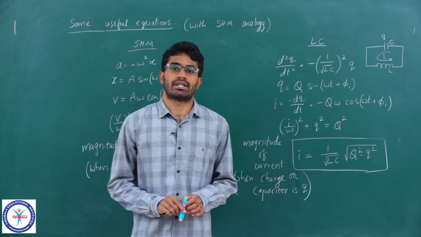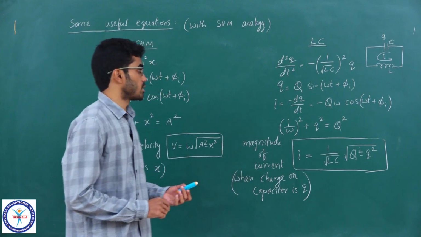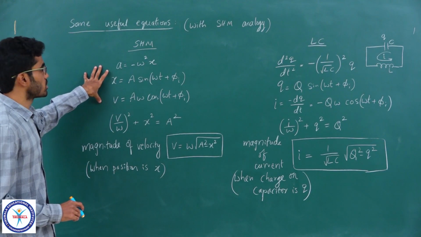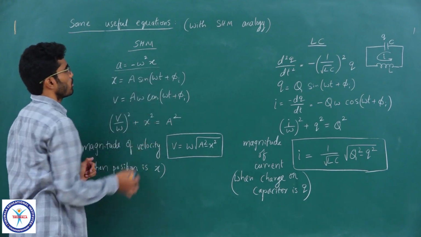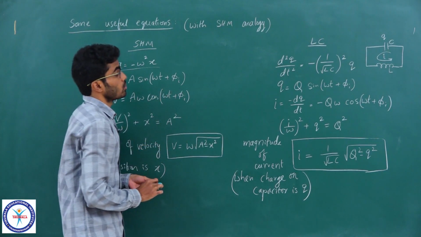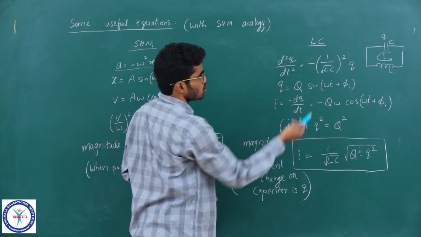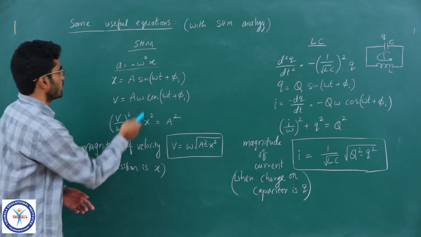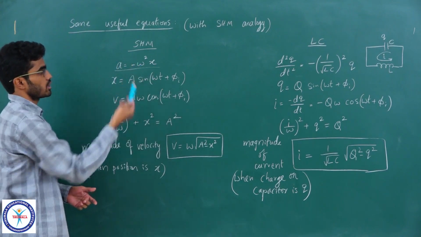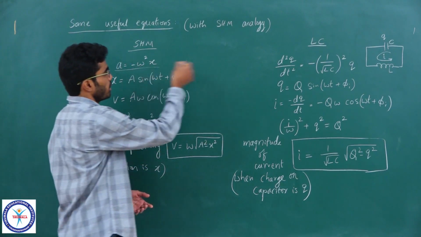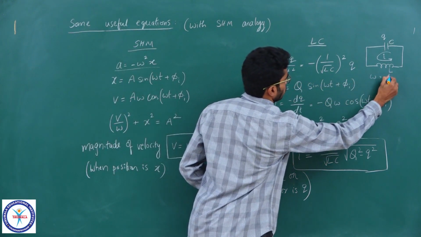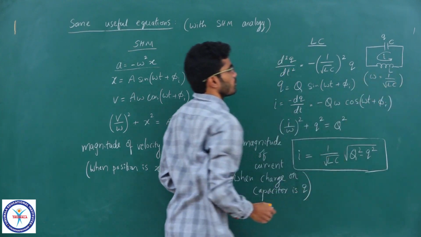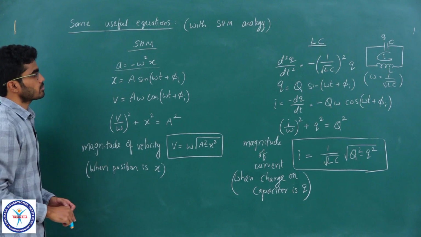So, we have a useful result here by comparing our equations with the SHM. So, comparing the LC oscillation equations with a general SHM equation, you can see acceleration is given by minus omega square x. Similarly, there also d square q by dt square is given by minus omega square q. The double derivative of q is given by this equation. Here the double derivative of position is the acceleration given by the similar equation, and here the omega is 1 by root LC. Comparing it with these equations, we have a clear idea about this.